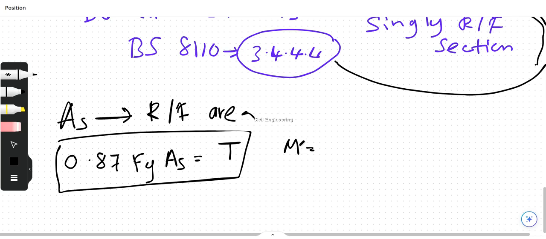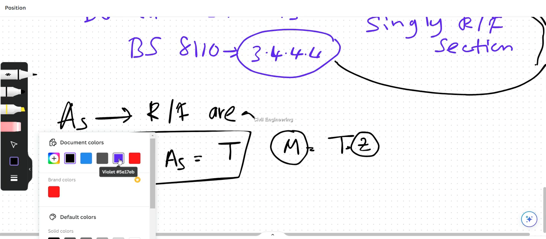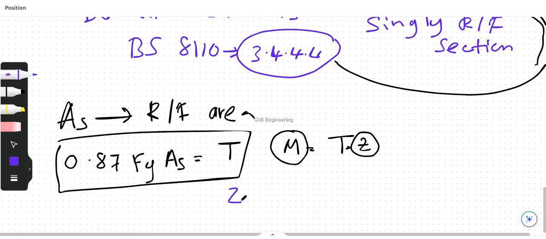The maximum bending moment is equal to T into Z. T means the tensile force, which can be calculated by using this equation, and Z is the lever arm. So we have to find the value of the lever arm Z. There is an equation in BS 8110